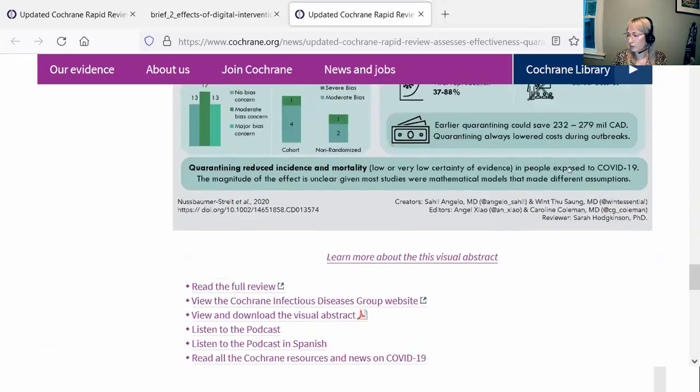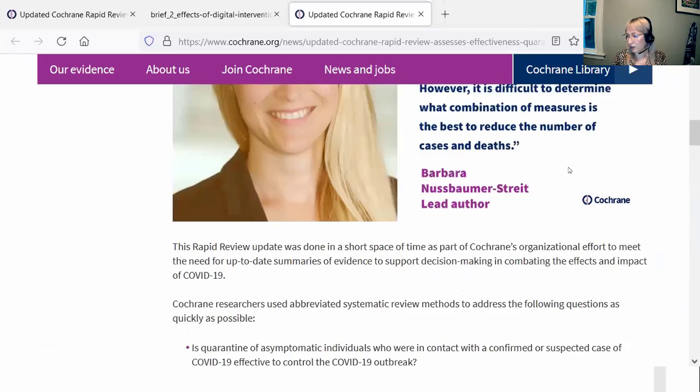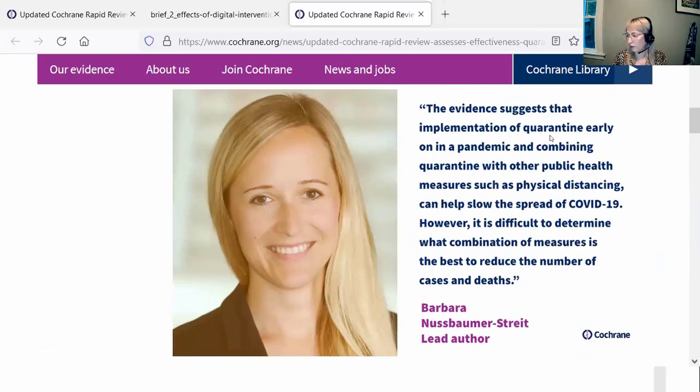And if I go just back up to the top, the key findings are highlighted early on in this quote. And I know we've talked about the issue of kind of baking in text to an image, so that's something to bear in mind. However, that text does actually appear elsewhere in the article, so it wouldn't be unavailable to people, but kind of the role of putting in alt text could be helpful for people that use a screen reader to access information. So I think that's a summary of this one,